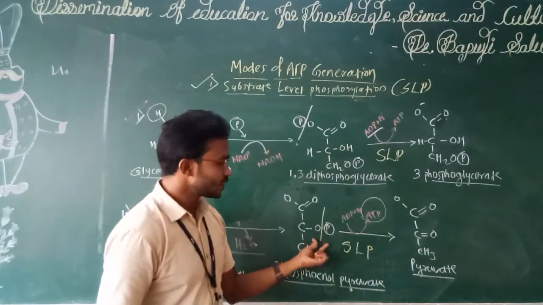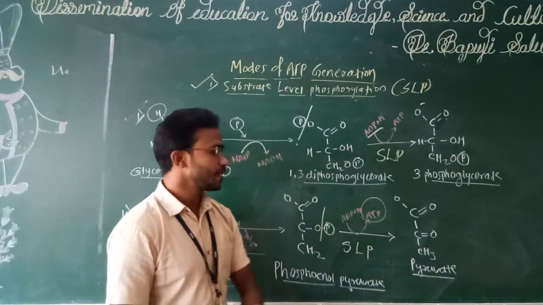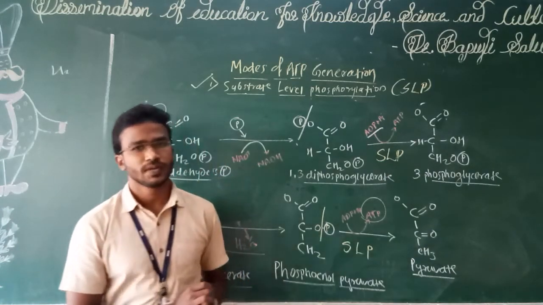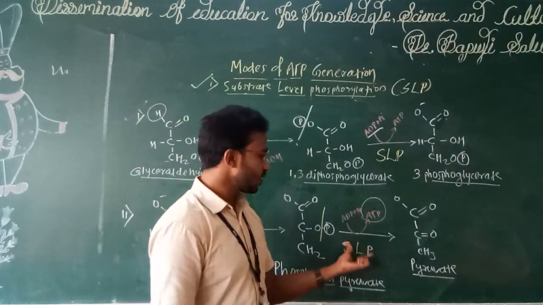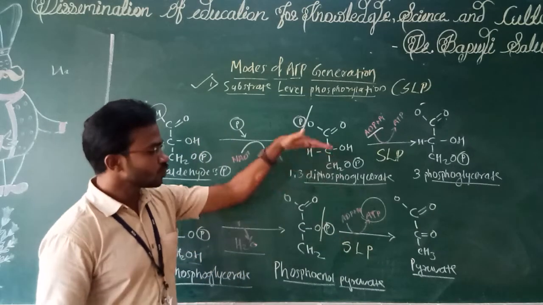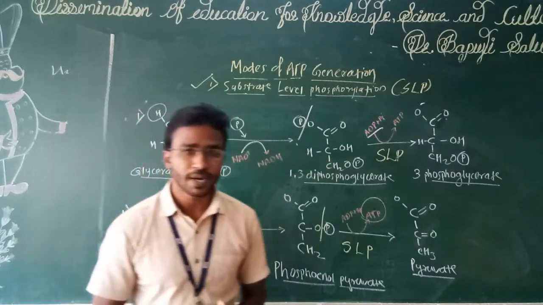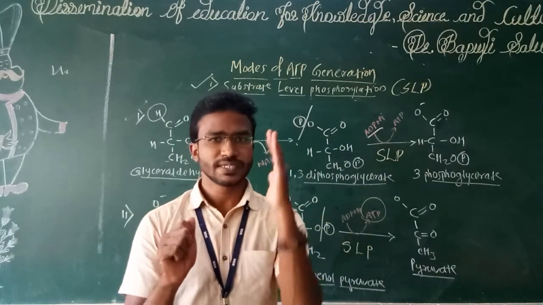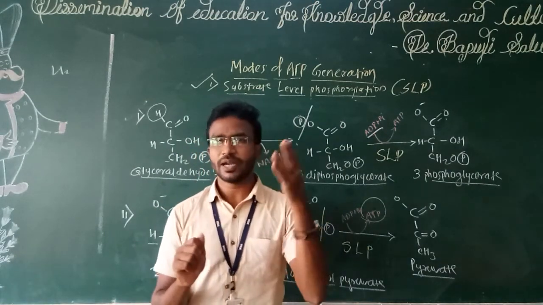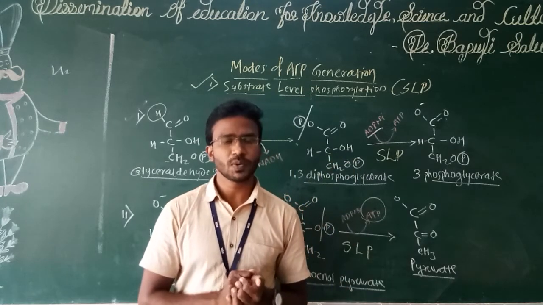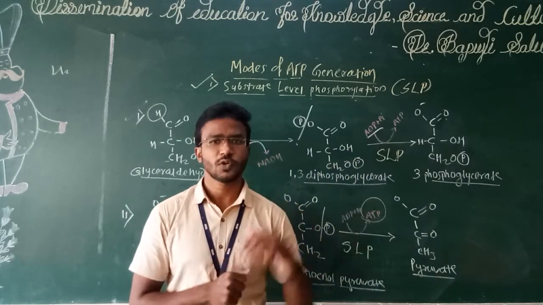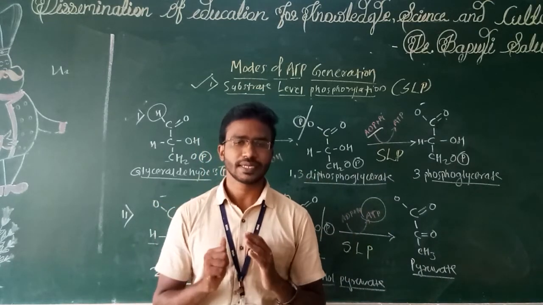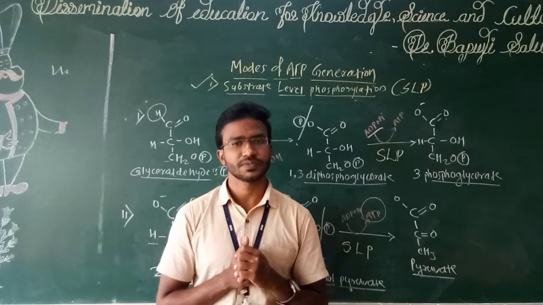When phosphate is released, that forms a compound known as pyruvate. Pyruvate is an end product of EMP pathway. So here ATP is synthesized. So these are the two reactions from EMP pathway where ATP is generated by substrate level phosphorylation. Substrate is broken down. Substrate might be sugar or it might be any other organic compound. Substrate is broken down, phosphate is released, that phosphate is used to synthesize ATP. That is substrate level phosphorylation.